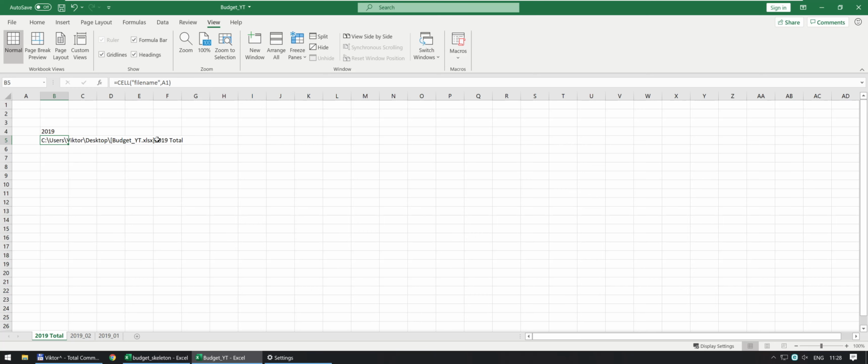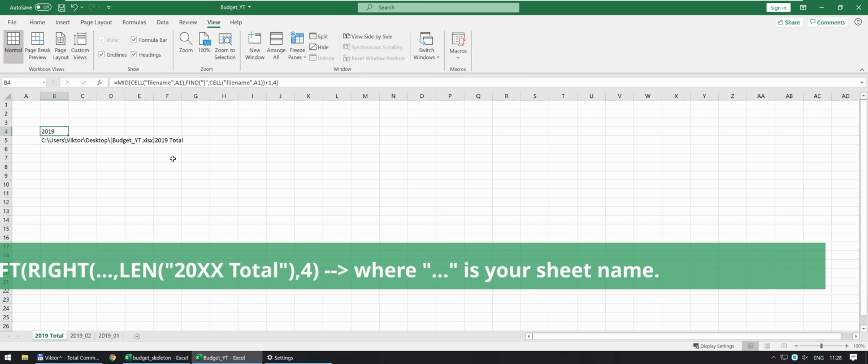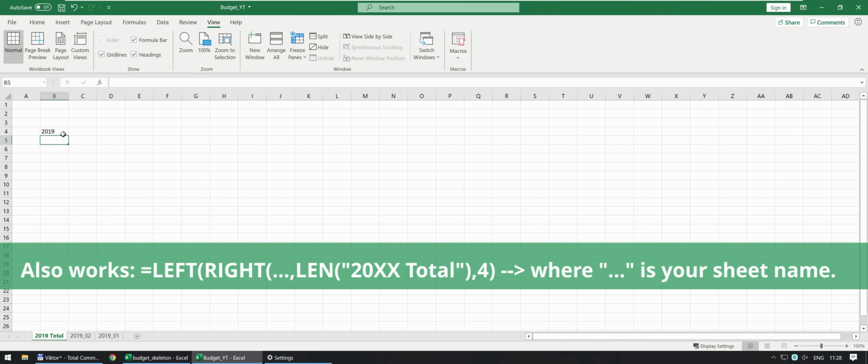So we know that we want to find the closing bracket character, and then we know from then on it's 4. So that's what happened here. You can go by other ways. You could say the left of the right, I don't know, 10 characters, up to you. And then